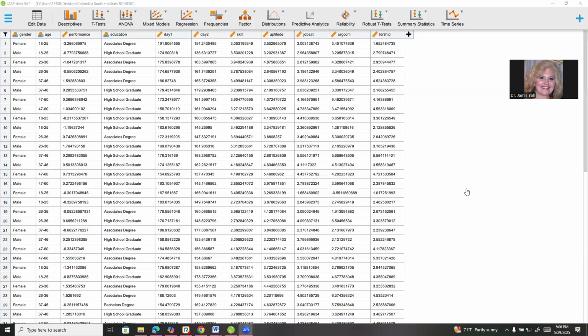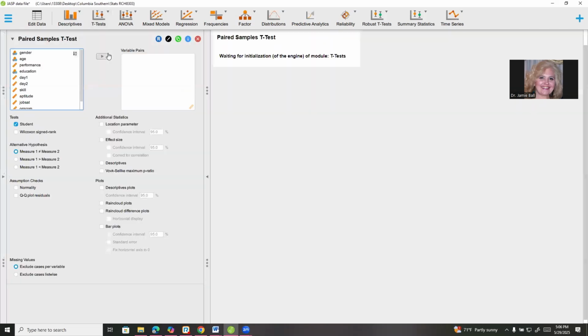So now let's take our data set and run a paired samples t-test in JASP. So I'm going to open my file. If it doesn't already show, click Analyses, and then I'm going to go to t-tests, and I'm going to go to paired samples t-test. And now notice I just have variable pairs here. There's not a split group or categorical variable there. So we have day 1 and day 2